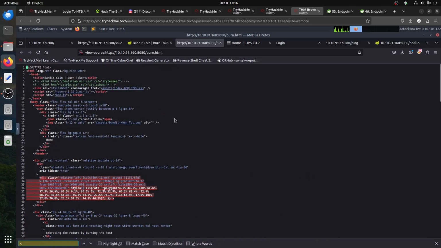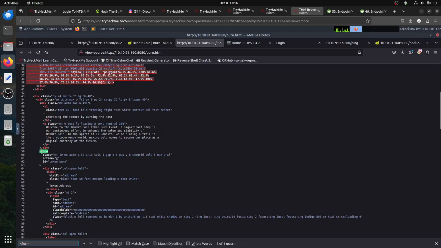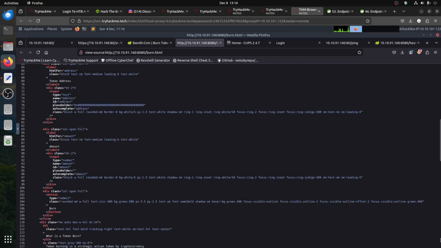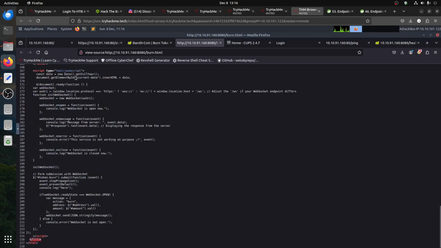Control F, form. The tag of the form is action. There's no link, so it's a dead form to the best of my knowledge. If you go back, there's a JavaScript down there, and it talks about WSS, some kind of